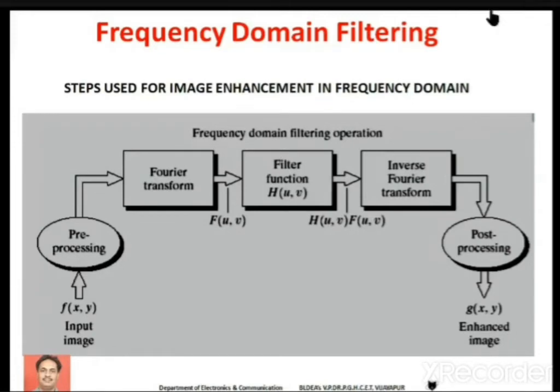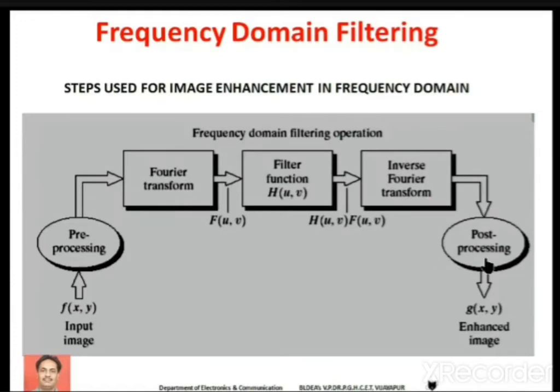After this part, we obtain the inverse Fourier transform, because we have carried out the filtering operation, but the result is in the frequency domain. That frequency domain information cannot be displayed directly as the image. That's why, to convert the signal back into the image, we apply the inverse Fourier transform, so that we again get the spatial domain image, right?